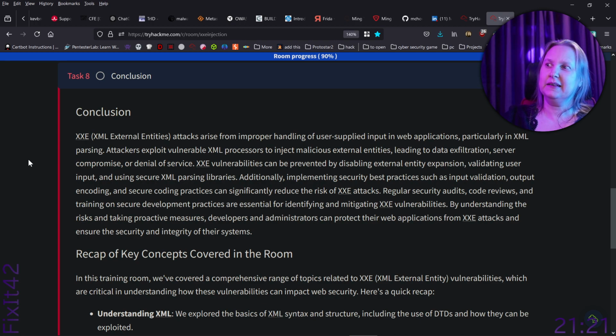XXE. XML external entities attacks arise upon improper handling of user-supplied input in web applications, particularly in XML parsing. Attackers exploit vulnerable XML processors and inject malicious external entities, leading to data exfiltration, server compromise, or denial of service. XXE vulnerabilities can be prevented by disabling external entity expansion, validating user input, and using secure XML parsing libraries. Additionally, implementing security best practices such as input validation, output encoding, and secure coding practices can significantly reduce the risk